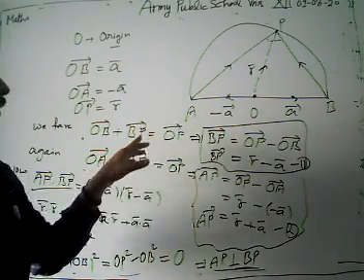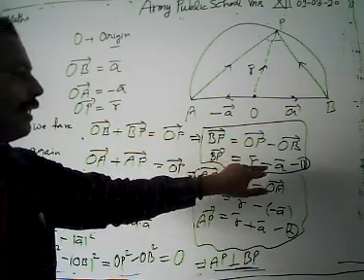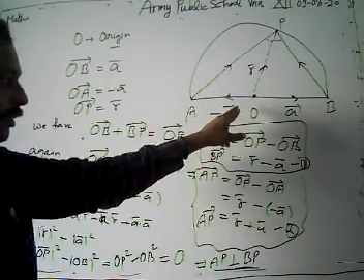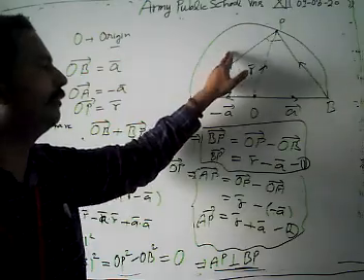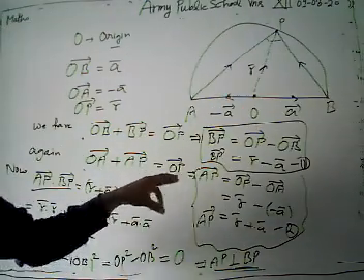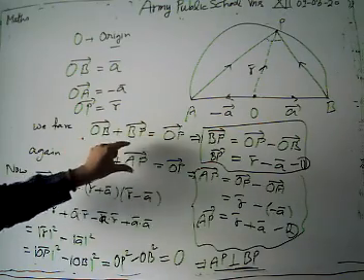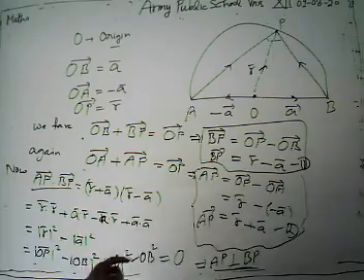Again from here we get the value of BP as vector R minus A. Again we take triangle AOP and apply the vector law of addition in the triangle AOP. Then we have OA plus AP is equal to OP. From this we get the value of AP. What is the value of AP we get here? R plus A.